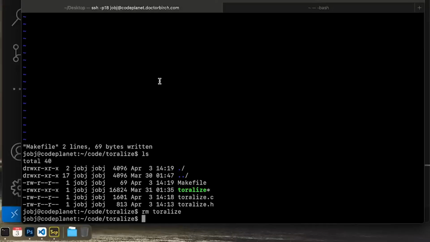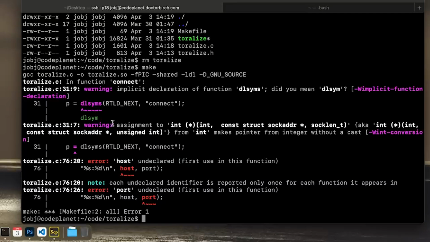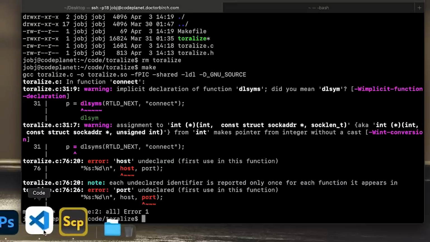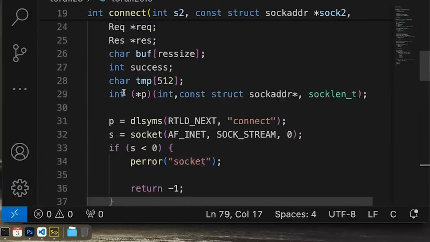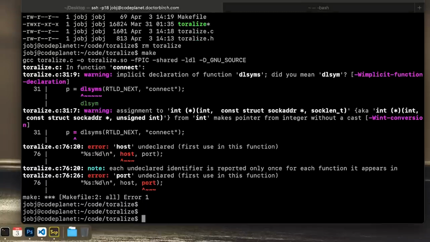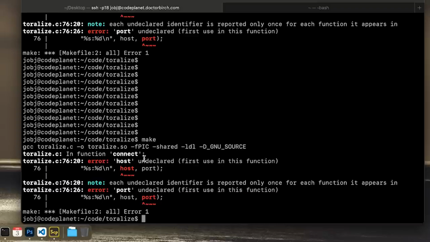Okay, let's see what it says if we try to compile this one. Okay, dlsims, it should be dlsym. Right here. And I enter down a little bit and run make again,